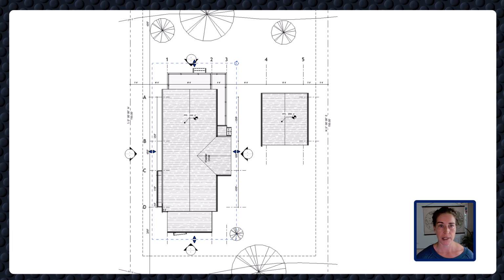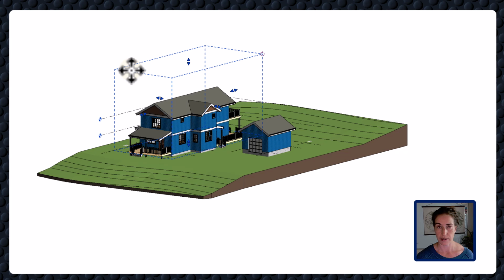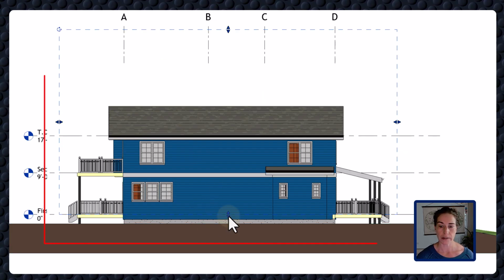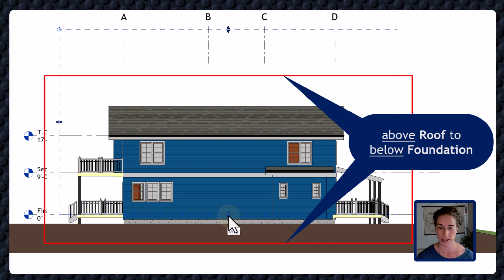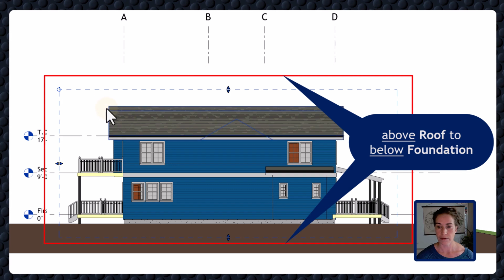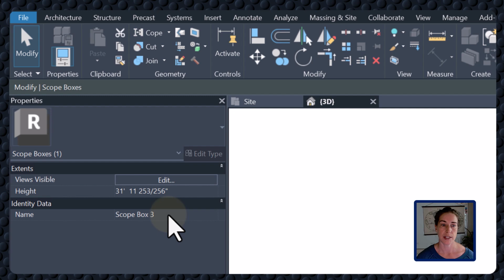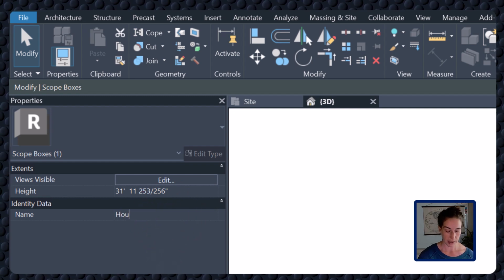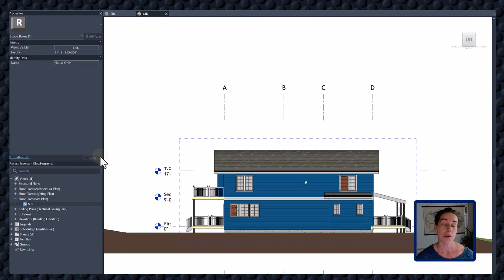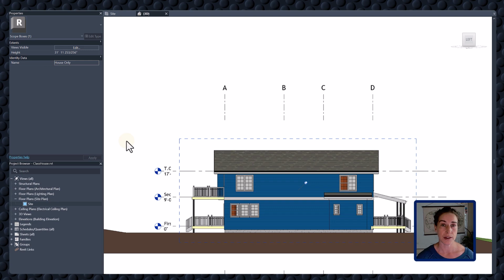If I open my 3D view, you'll notice that scope box is a 3D element. We want to make sure this scope box incorporates all of our house, including in the vertical direction. I'll adjust the grips until they incorporate the overall house. Notice in my property palette with the scope box selected, there's a name option. I'll rename this to House Only and hit apply. That way I know this is the box I want to reuse for any view that only includes the house,